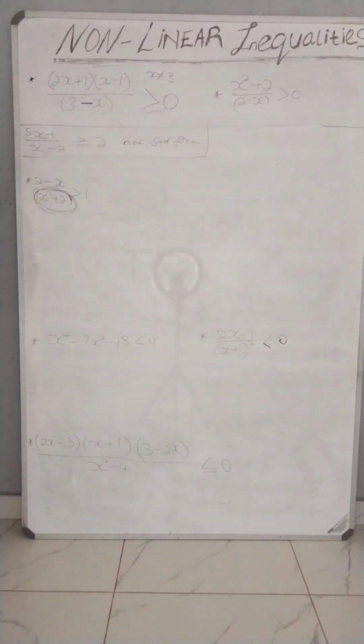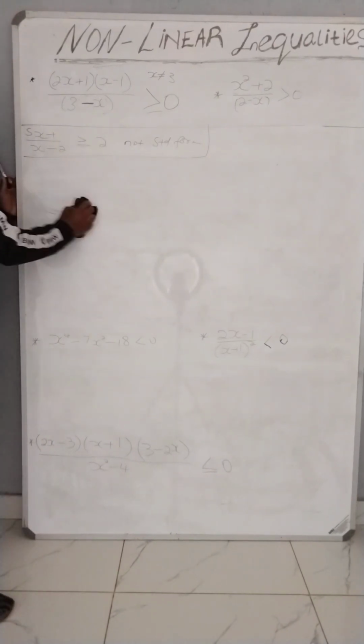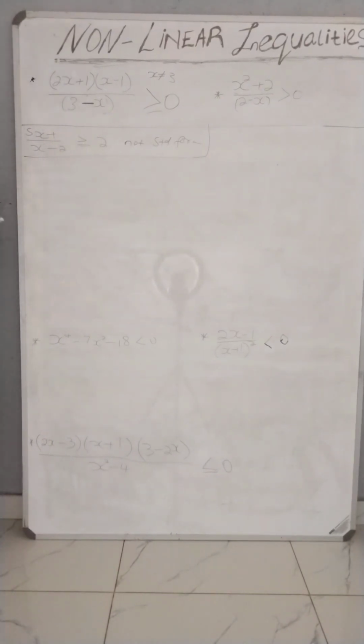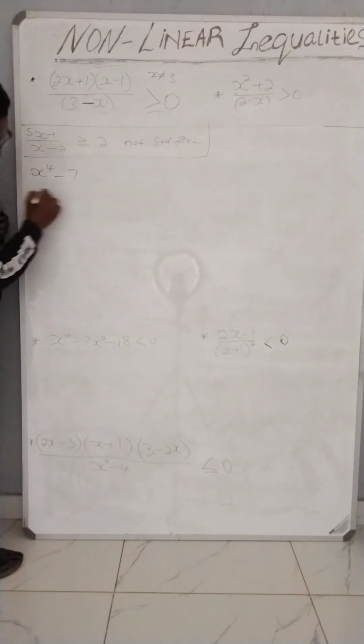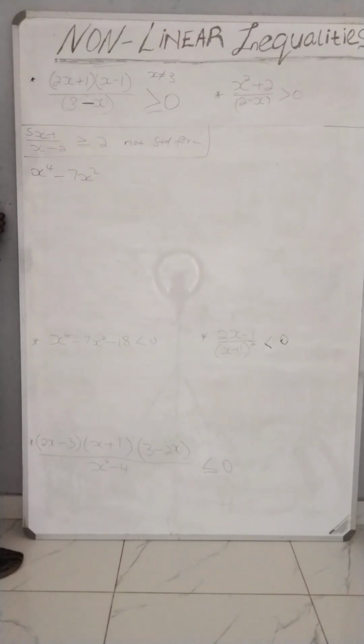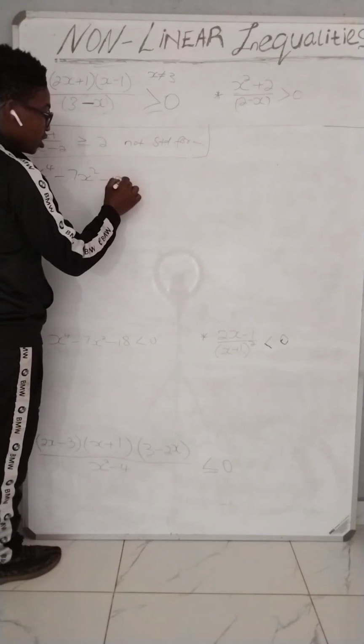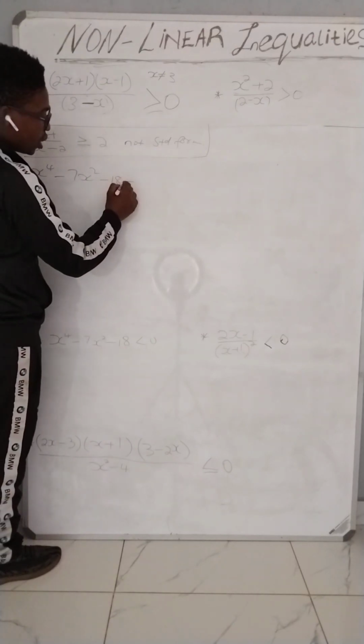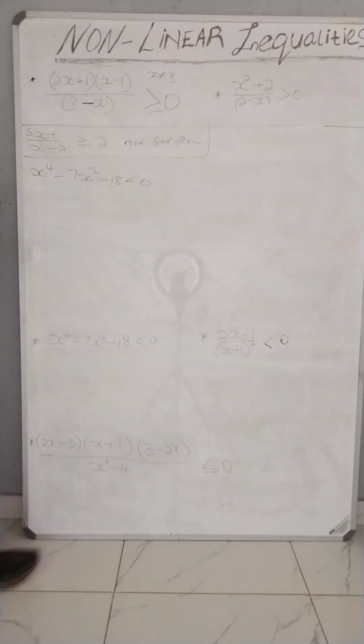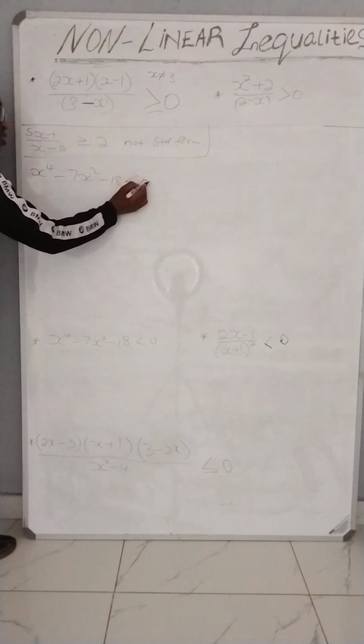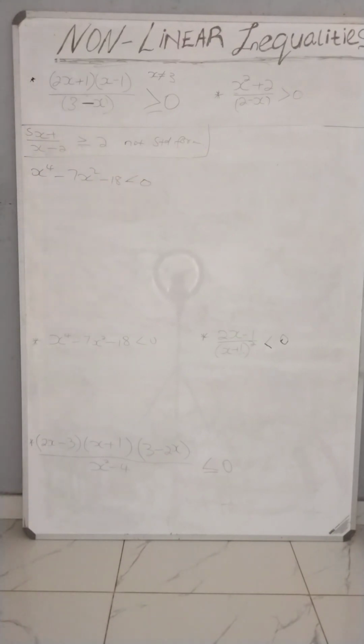Okay. So, the next one says x to the power 4 minus 7x squared minus 18 is actually less than 0. Okay, less than 0. Now, whenever these powers tend to increase like that, people tend to be confused,